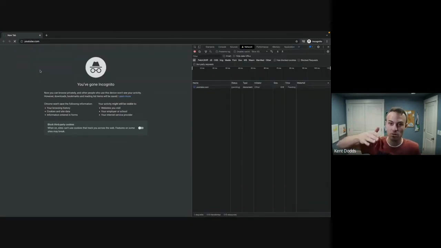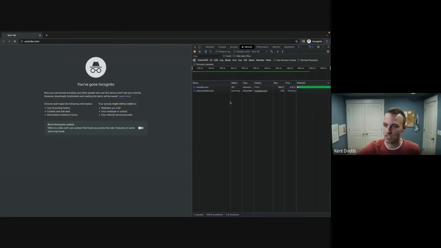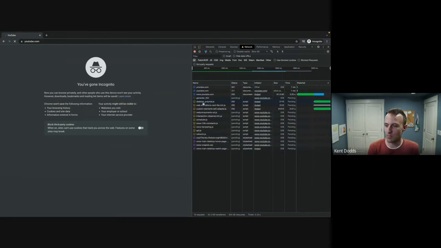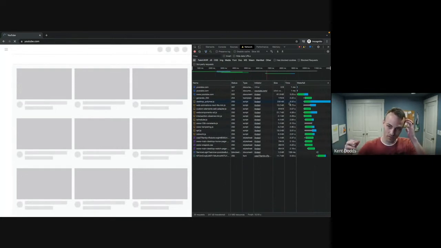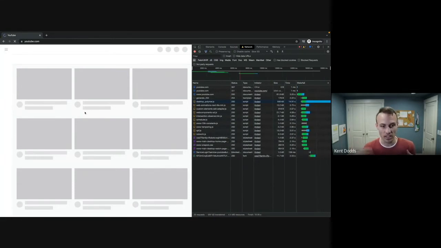But I'm going to go to youtube.com. I've never been there before. Nothing's cached. We're going to see what the loading experience is like. So the first thing that happens is we get a skeleton UI. This is really common for applications built this way. We get this skeleton UI while we're waiting for the application to load. We're basically downloading and installing an application. On the right here, you'll see